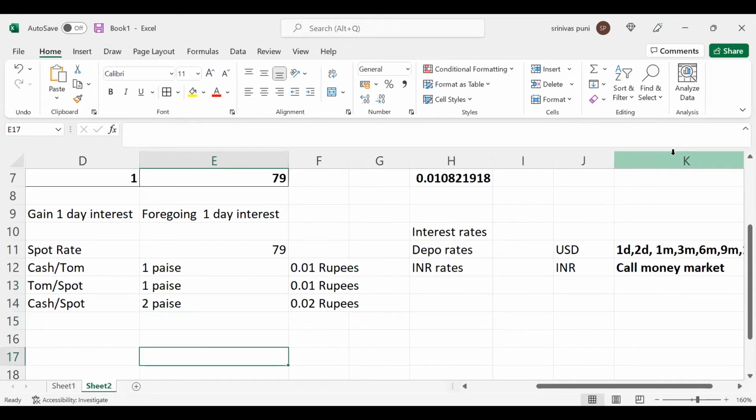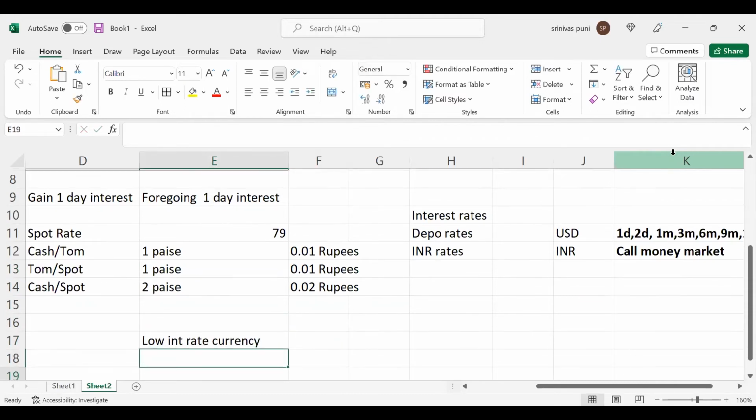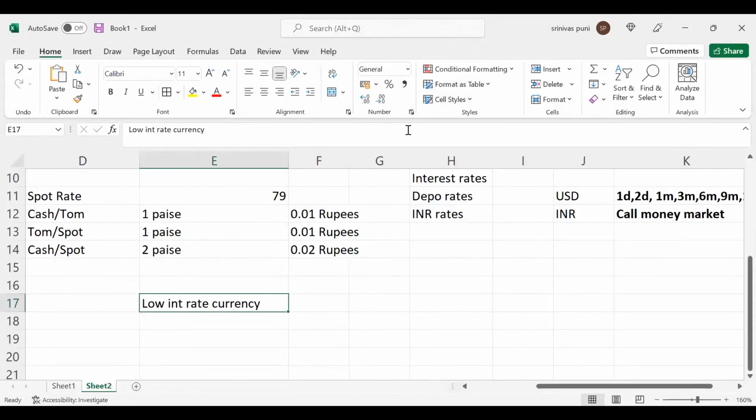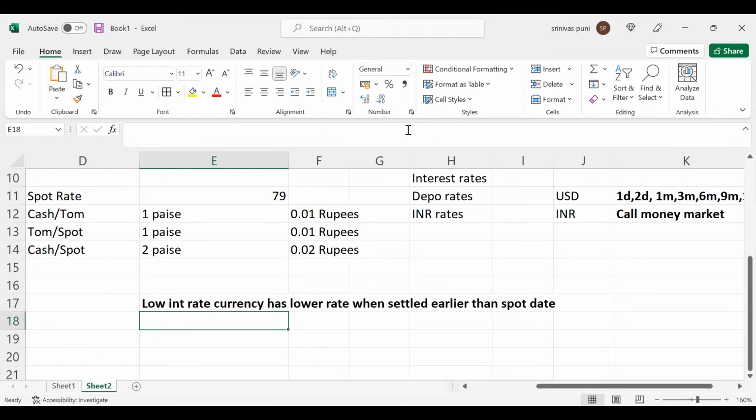The summary here is low interest rate currency, right? Low interest rate currency has lower rate or lower value when settled earlier than spot date. This is what you have to drill in your mind. Extending the same logic,